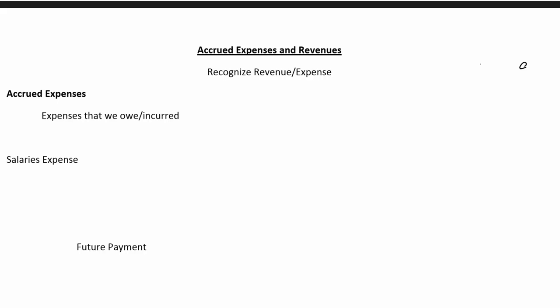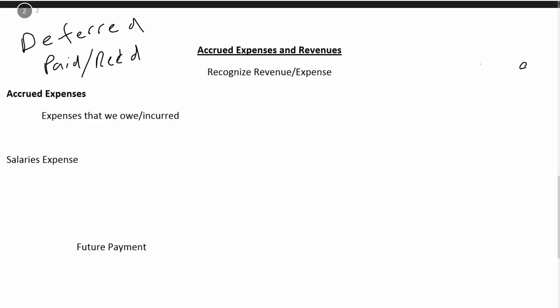This is the second video on adjusting entries. Here we're going to talk about accrued expenses and revenues. In the first video, we talked about deferred expenses and revenues, and in that situation, we paid or we had received the cash first, and then we recognize